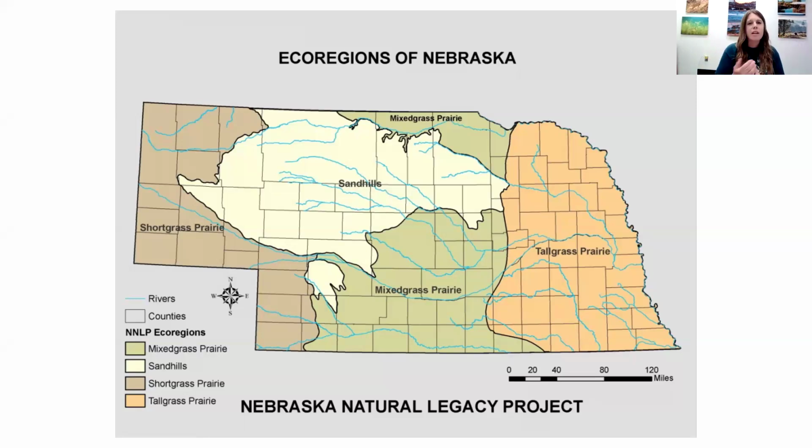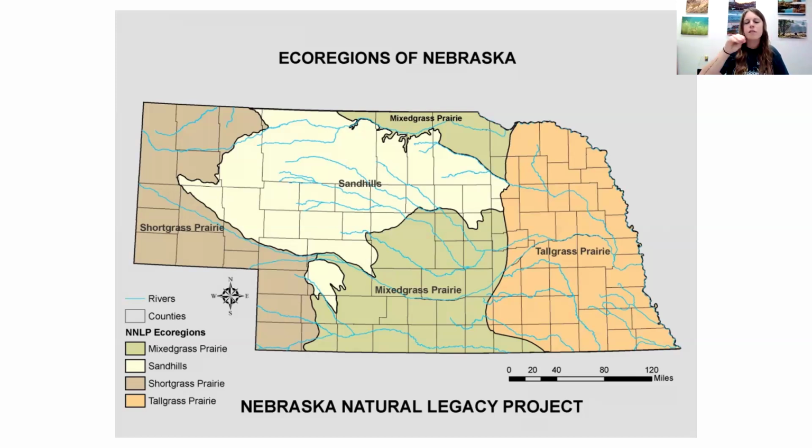So when we talk about the Nebraska Legacy Project, they break Nebraska up into 4 what are called ecoregions. So if you look at the very east, that orange area, that's called the tall grass prairie. So that's Lincoln and Omaha, where 66% of our population is. And then as you move west, that central location, you get 2 ecoregions right there. You have the mixed grass prairie. So towards the east, you're going to have taller plants. Towards the west, you're going to get a little bit shorter, but they are mixed. And then you have the Sandhills region. So it's kind of broken up into that big area in north central Nebraska.